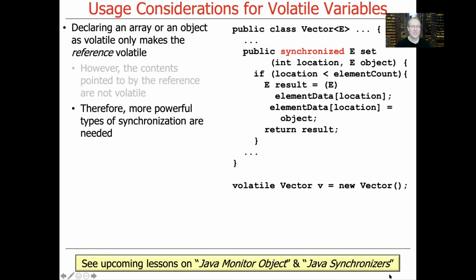So only one call to set can be occurring in any given thread on the same object. Of course, if you have two or three different instances of vector, then different threads could be calling set on those different instances. That's not a problem. But for a given instance, only one thread of control at a time can be in the critical section, which in this case is defined as the entire method body. So the checking to see whether the location is less than the element count, the read of element data, the write to element data, and so on and so forth. All those operations are going to be atomic, even though they're occurring on shared mutable state,